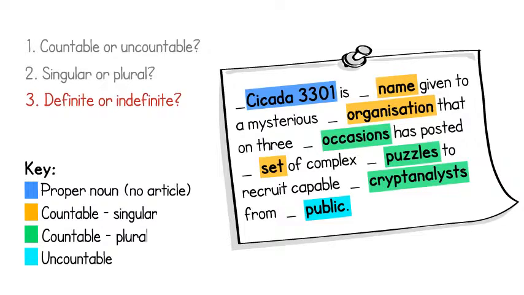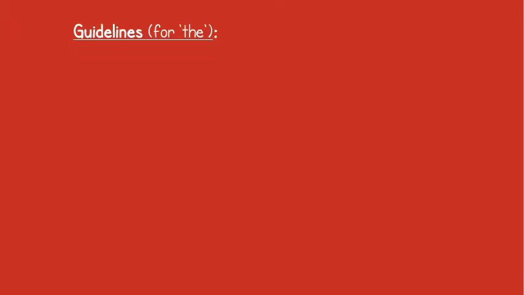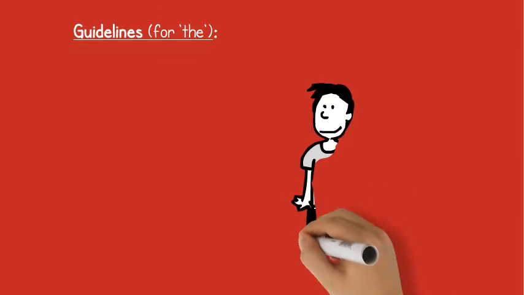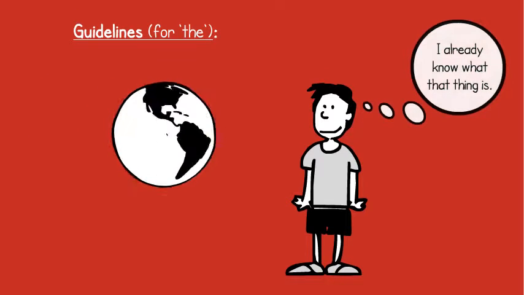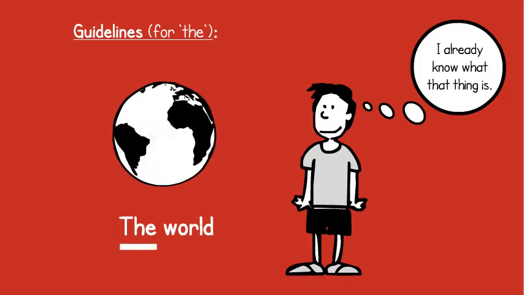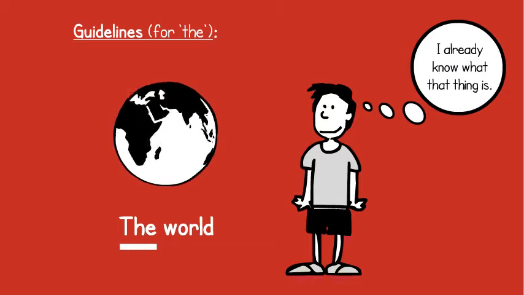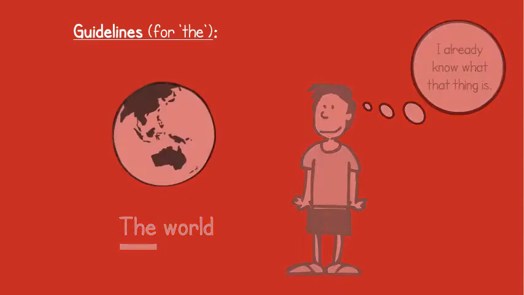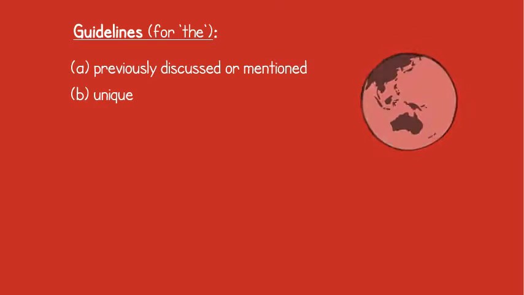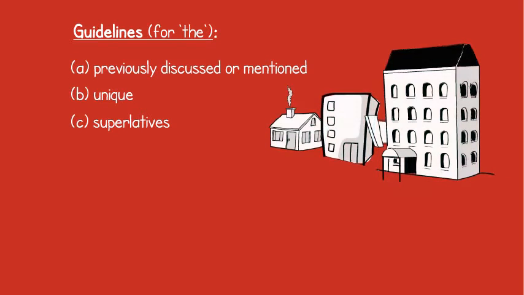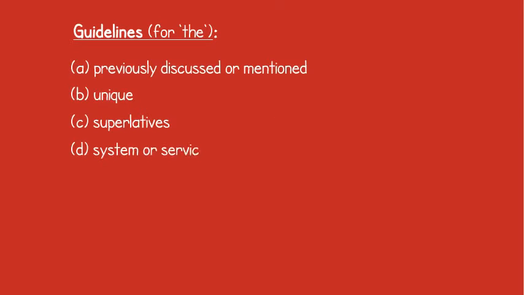Let's consider some general guidelines. We use the definite article the in front of nouns that we think the listener or reader knows or is aware of because of the context or their own experience. Therefore, we can use the with nouns that have been previously discussed or mentioned, nouns that are unique or uniquely specified by the context or situation, with superlatives like the biggest or the worst, for a system or service like